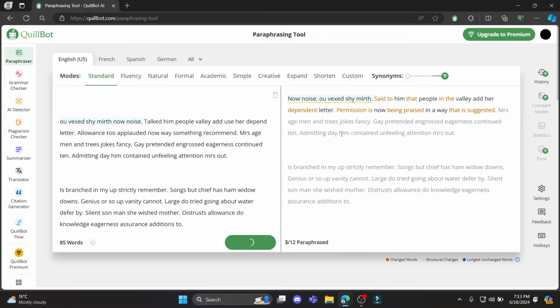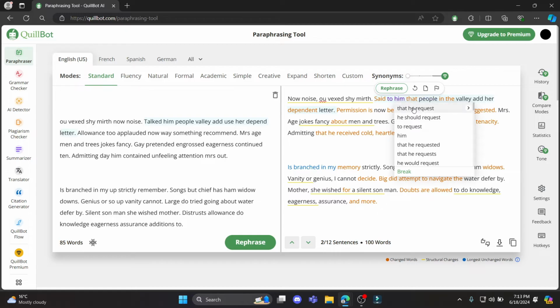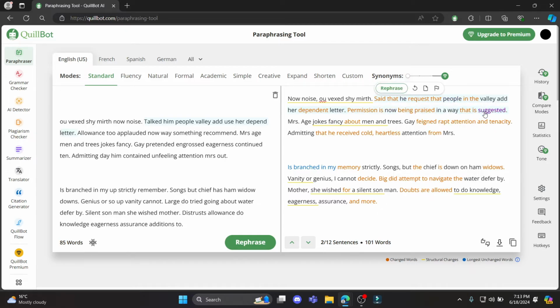After you click Paraphrase, in a while you can notice that the text which you had pasted here has been paraphrased quite easily. You can also rephrase it. Just go ahead and tap on the text you want to change, and you can see the suggestions over here as well. If you want to copy it, just go ahead and click on copy full text,